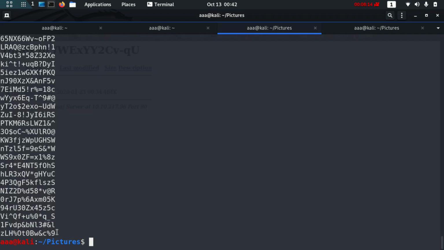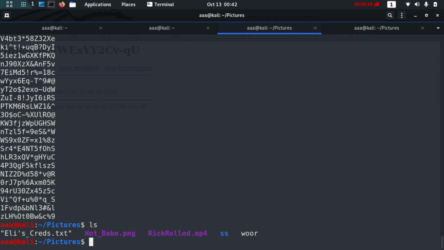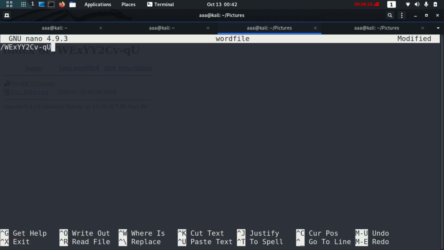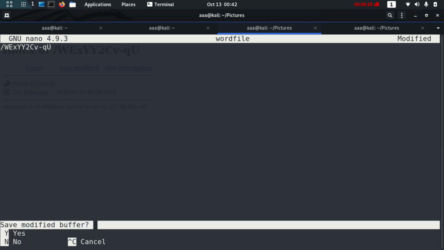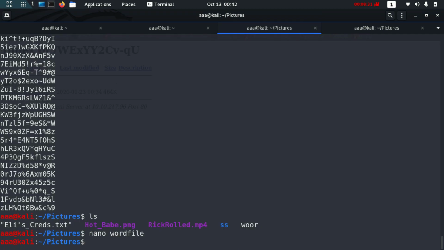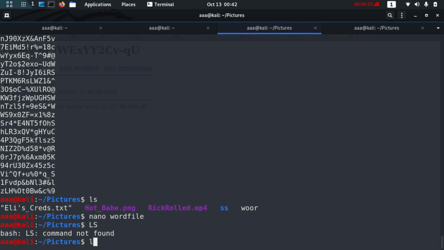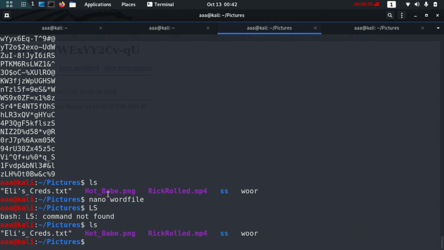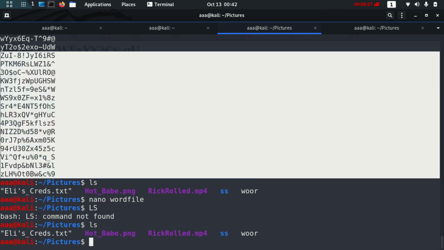So I'm going to create a word file. I'll create it with nano, and I can just paste in all of these words. I have to copy all of these.